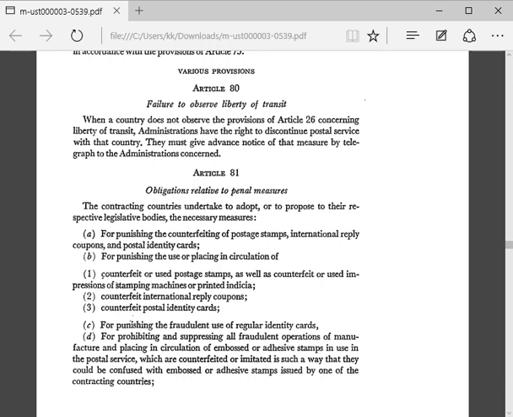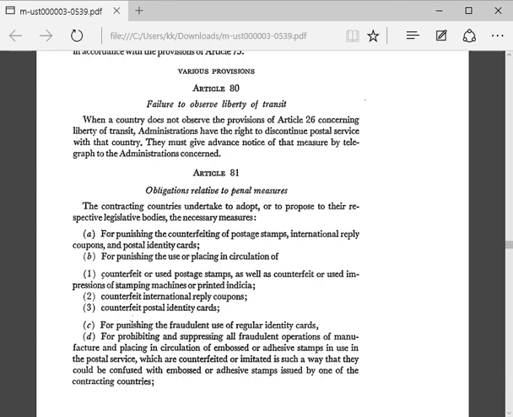Article 81. Obligations related to penal measures. The contracting countries undertake to adopt or to propose to their respective legislative bodies the necessary measures: for punishing the counterfeiting of postage stamps, international reply coupons, and postal identity cards; for punishing the use or placing in circulation of counterfeit or used postage stamps, as well as counterfeit or used impressions of stamping machines or printed indicia, counterfeit international reply coupons, and counterfeit postal identity cards; for punishing the fraudulent use of regular identity cards;